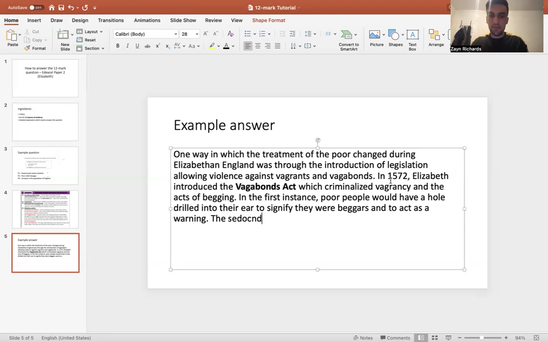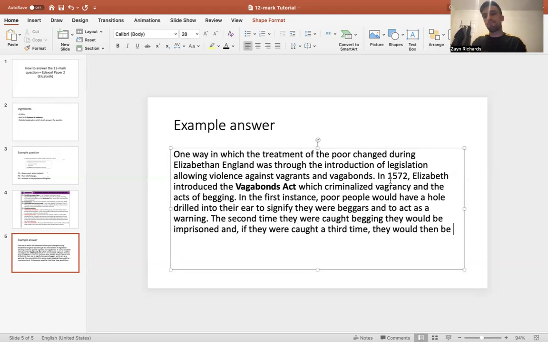The second time they were caught begging, they would be imprisoned, and if they were caught a third time, they would then be